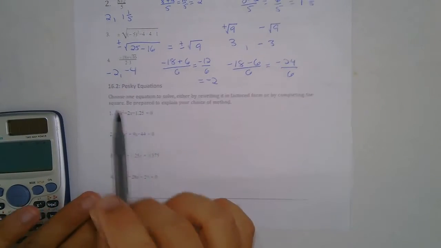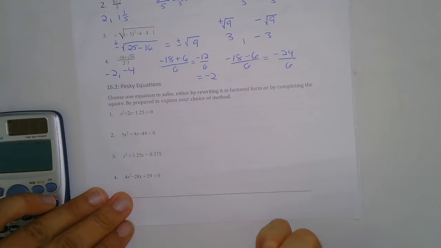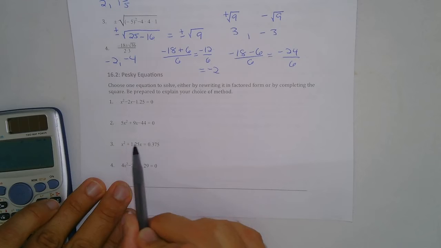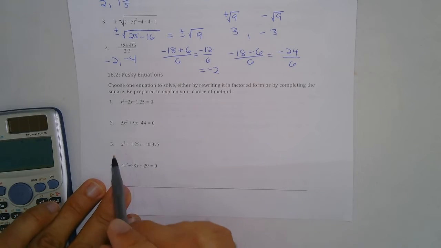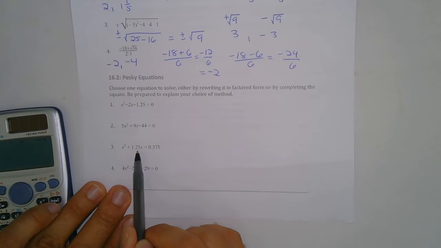So for 16.2, we're going to look at what are called pesky equations. So these are more difficult to solve. And we're going to look at methods solved by completing the square. So if you look here, we have x squared and x, and what I'm going to do is complete the